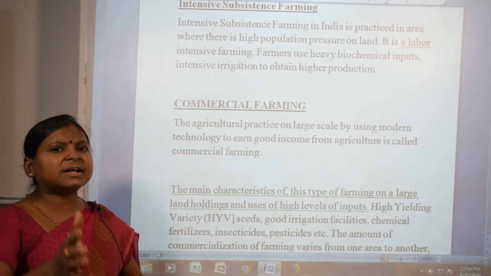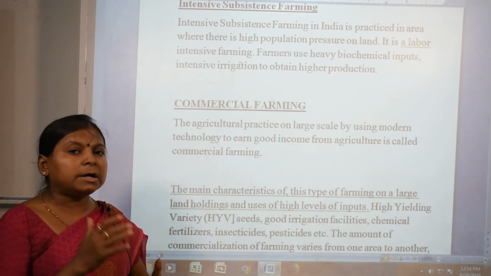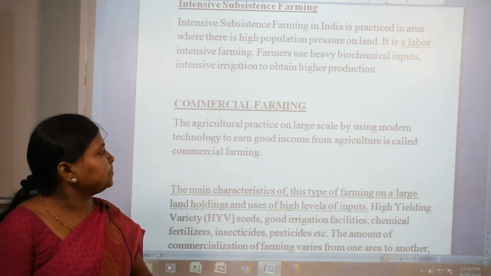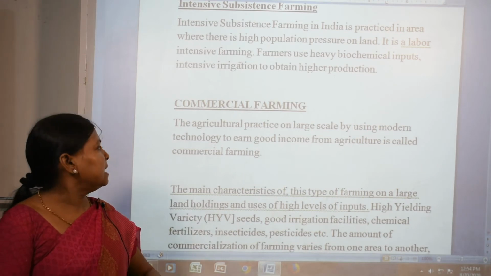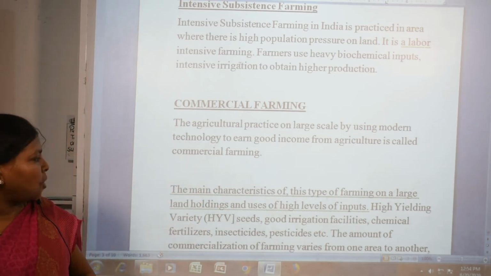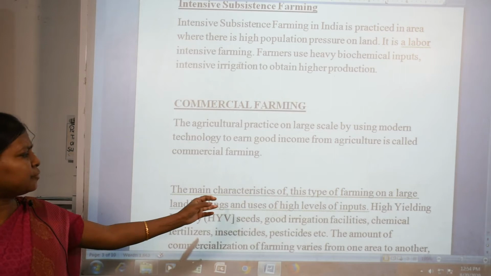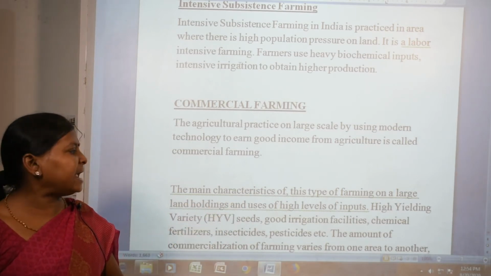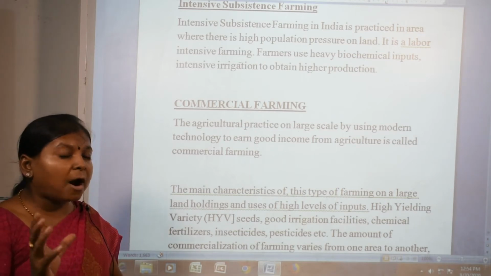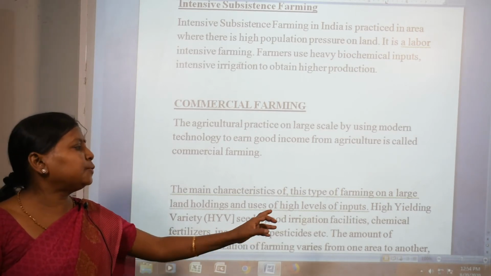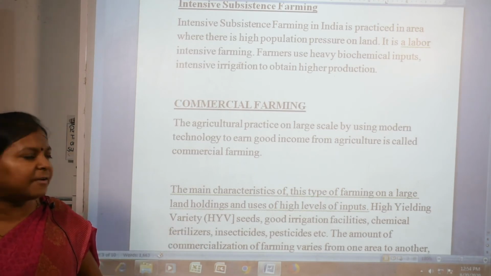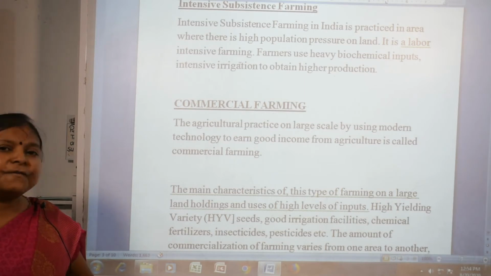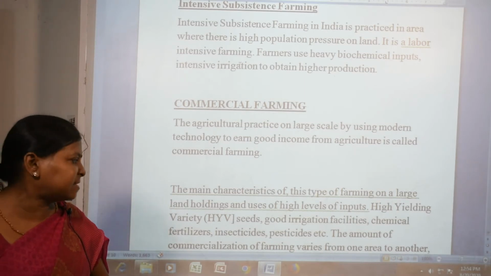Agriculture practiced on a large scale, using some modern technology to earn a good income, is called commercial farming. Now, what are the main characteristics of this type of farming? It is done on a large land holding, and they use high levels of input. So, what are they using? They are using high yielding variety seeds, HYV seeds, good irrigation facilities, chemical fertilizers, insecticides, pesticides,